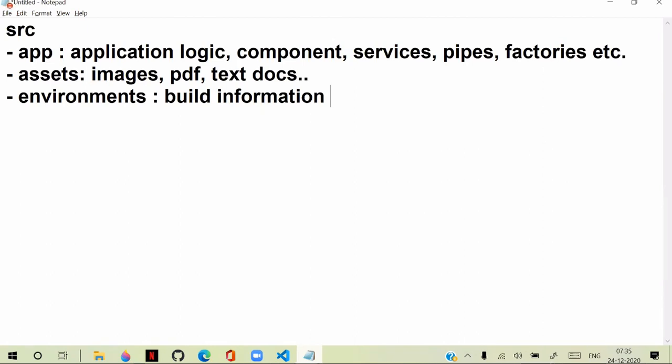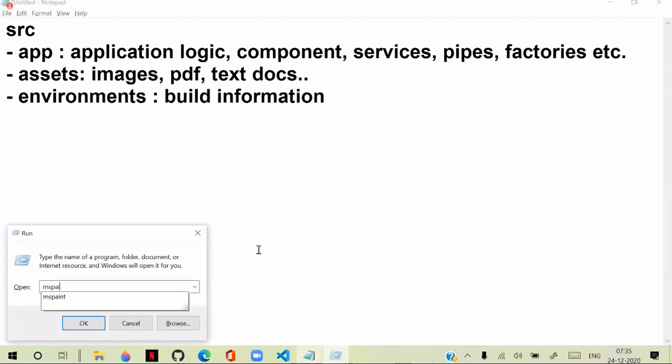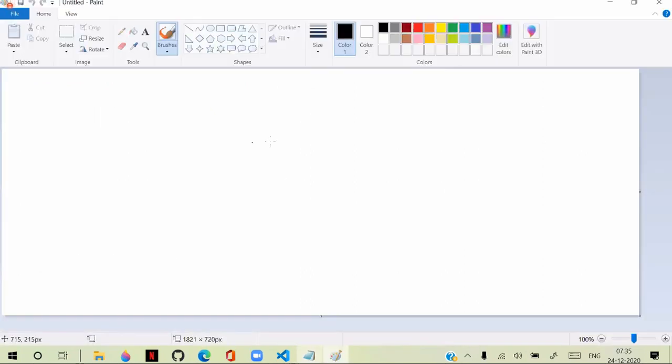Build information means, when you build an application, where the target files need to be copied, where the target scripts need to be kept, and what the configuration should be for the files. So for building the application, I already told you one point, like the entire software development happens